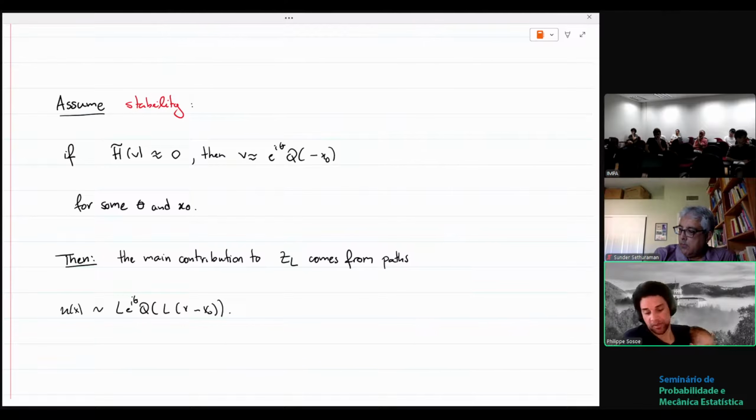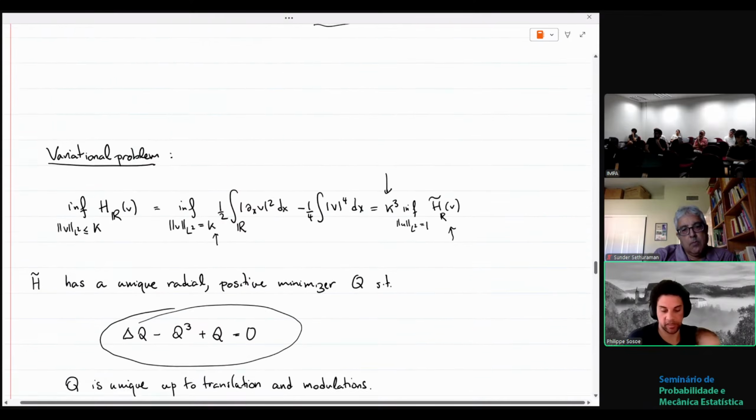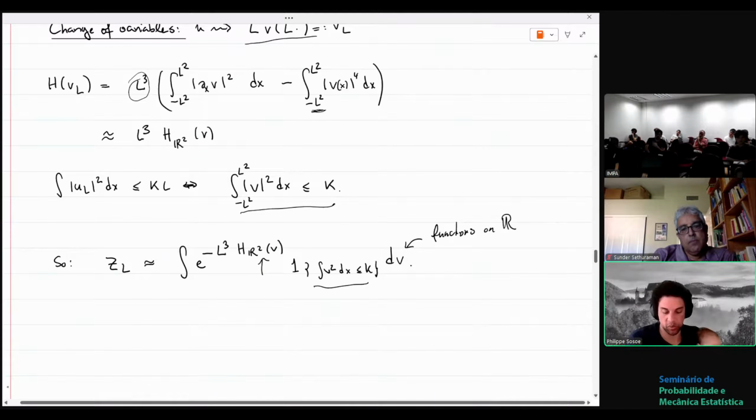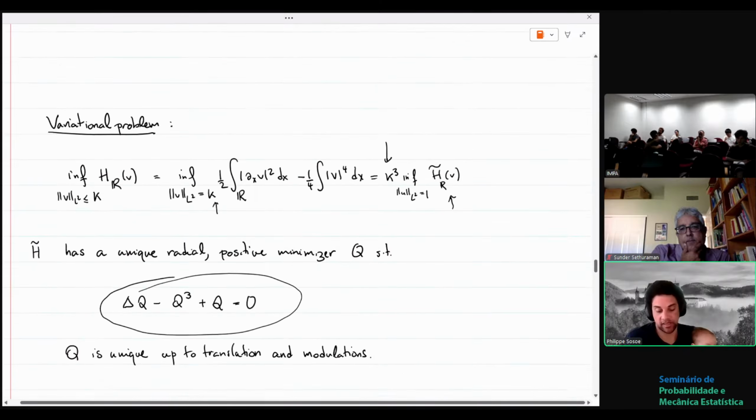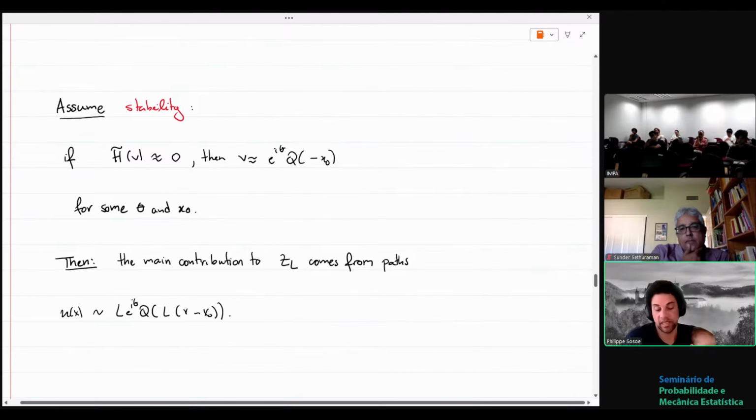Okay, so if we accept that, if you're trying to evaluate this integral using the Laplace principle, then you would see that the main contribution to the partition function would come from V for which H of V is almost equal to 0. Well, we know that the minimizers are the ones for which it's equal to its minimum. We know that the actual minimizer is this given function, and its translations and modulations. Then, as long as you have some sort of coercivity, as soon as you get away from this type of function, H will be much bigger. Then that suggests that the typical path that you see when you look at